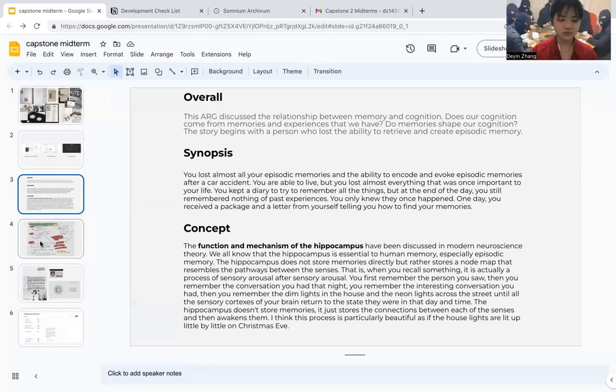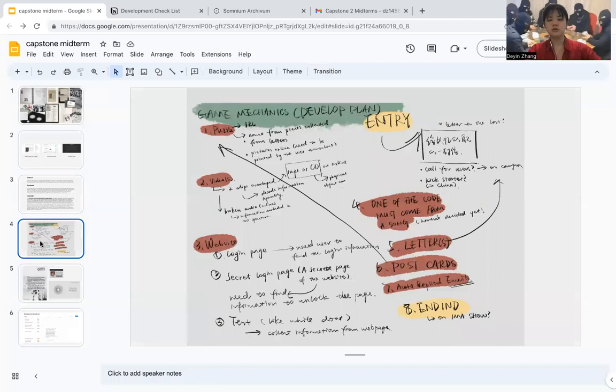Yeah. And on this page, I'm going to talk about the game mechanism, or the media or platform elements that I planned for developing this ARG. The main experience for the user is pretty much like playing a puzzle. There are two stages of playing this puzzle. First of all, you need to collect the pieces. You need to find the pieces of the puzzle, and then you need to put them together and solve the puzzle.